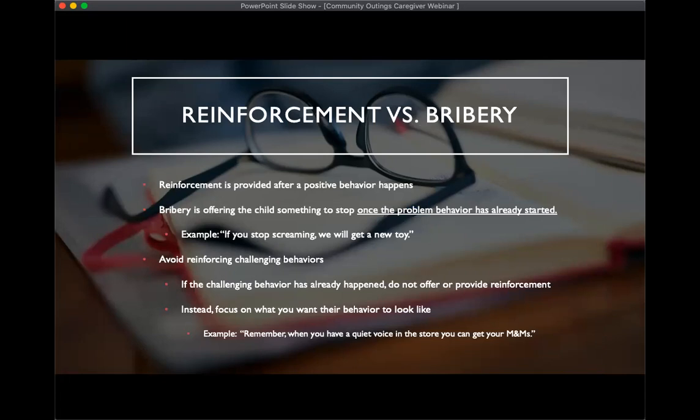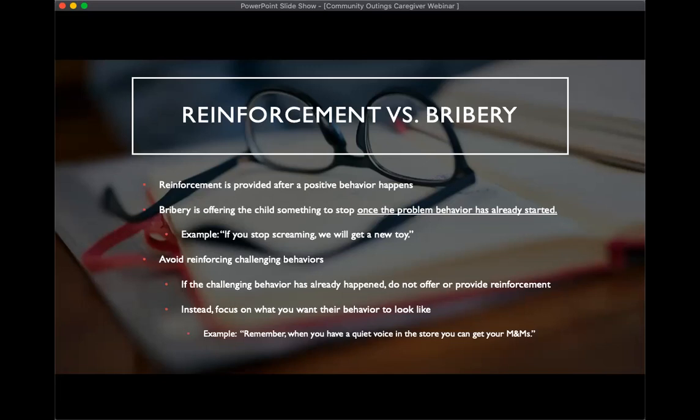So that may mean that if we didn't provide reinforcement quickly enough, or they didn't do something right away that allowed us to give them the reinforcer, then we might just have to wait them out for a little bit until they do engage in a desirable behavior. But it's important to then, once they do engage in something desirable, reinforce that behavior right away so that they make sure that they understand why they're contacting that thing. And then they're more likely to change their behavior in the future because that positive behavior is what got them what they wanted.